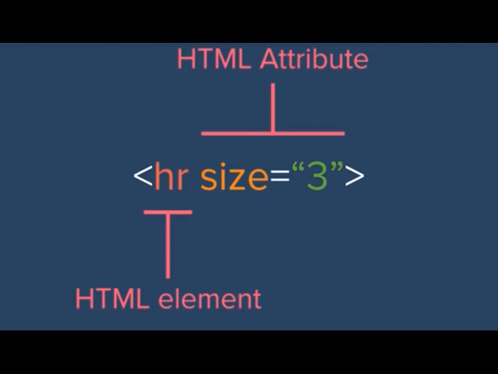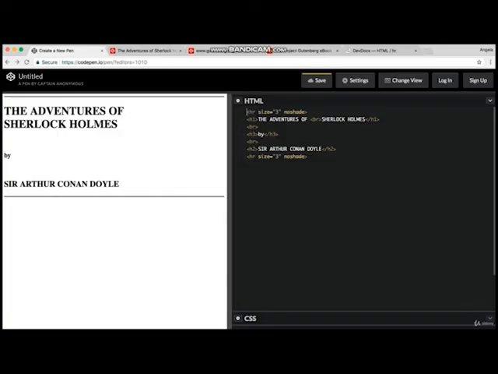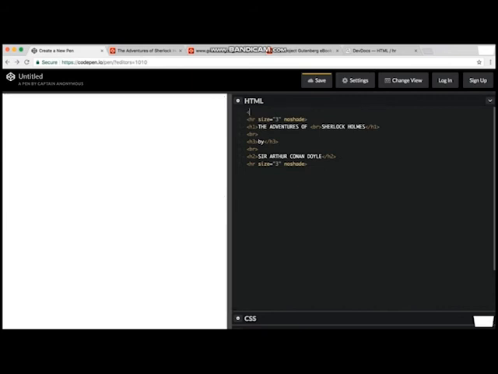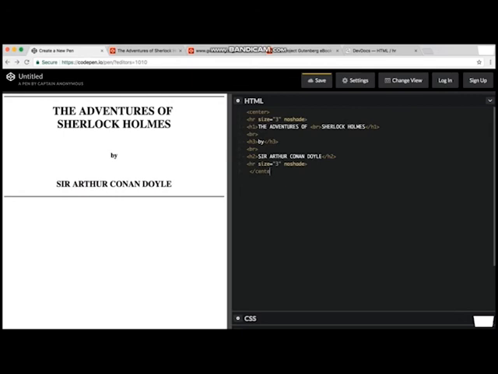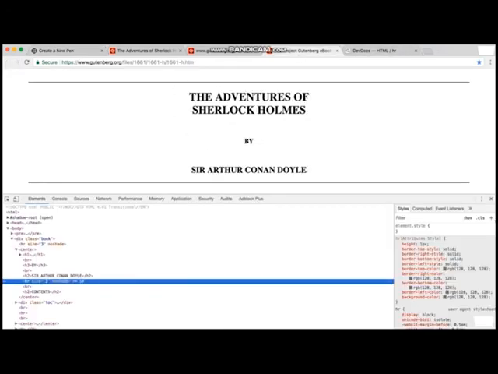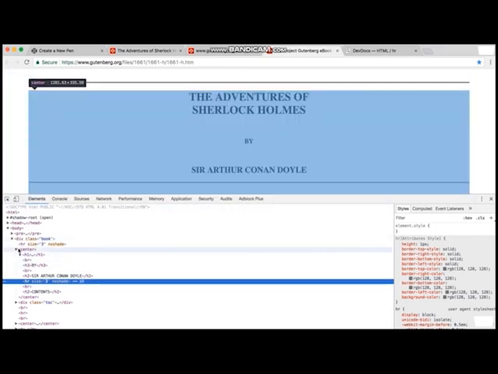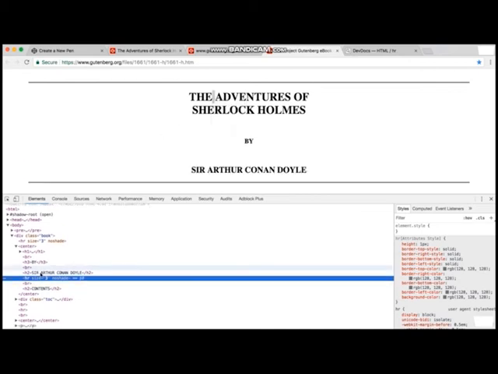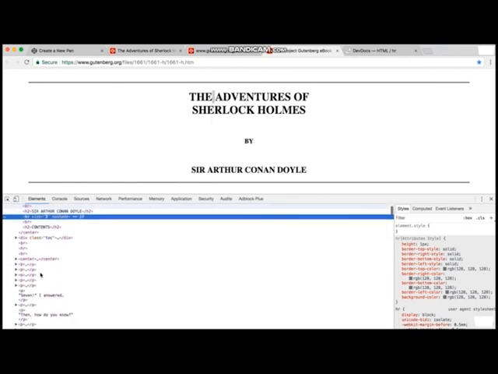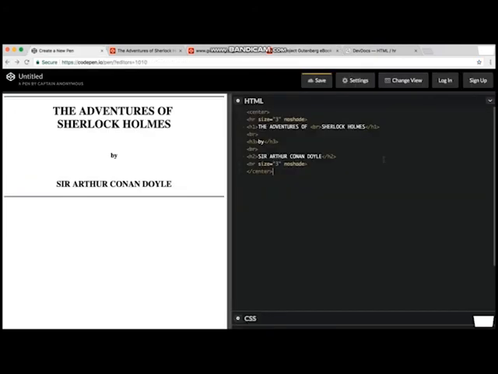Now all we need is to add one final tag called center to our HTML file, and we would have now faithfully copied what this website looks like. So you can have a look through the HTML by right clicking and inspecting in Chrome, and see how they have structured the rest of the document as well.